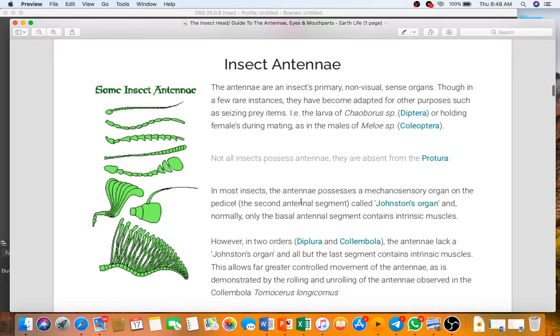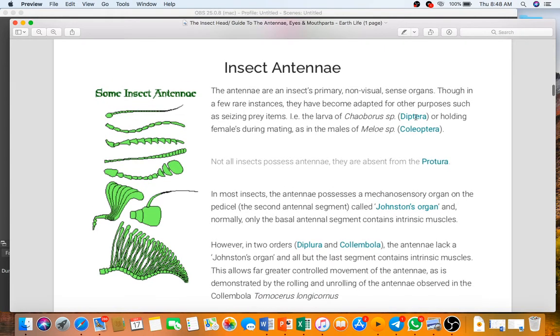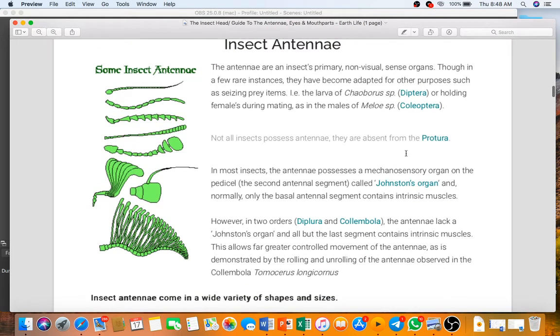Now insect antenna. This is primary and non-visual sense organ. All insects don't possess antenna. They are absent in some insects like Protura,